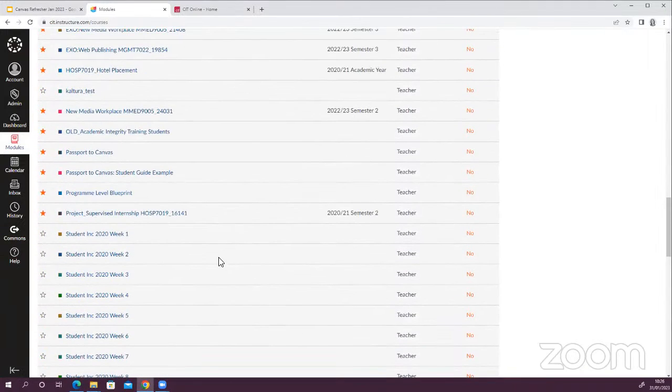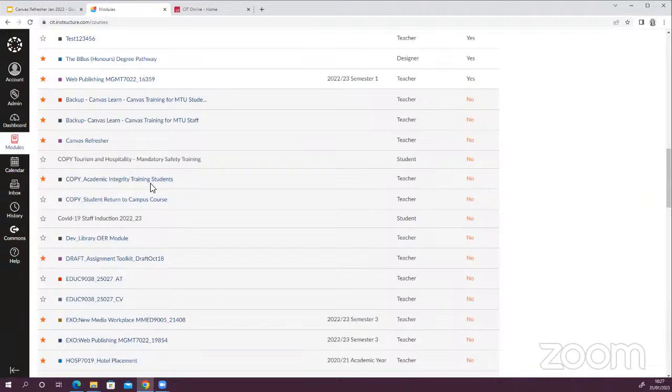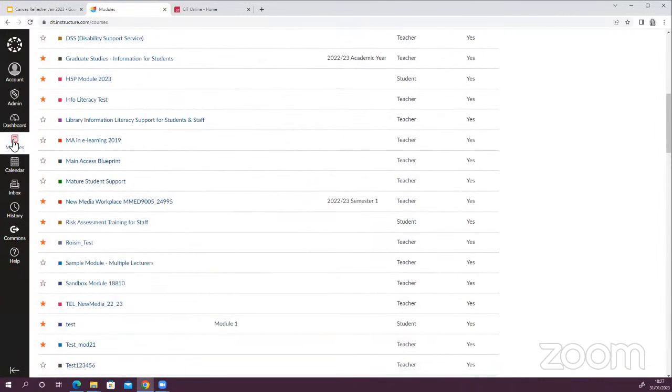If you want to add a module to your dashboard that isn't already there, you can click to star it here. So that just creates a shortcut to your module on your dashboard. If there's any that you want to remove, you can just do that by clicking on the star as well, and that will remove it from the dashboard. So if I go back to the dashboard here,